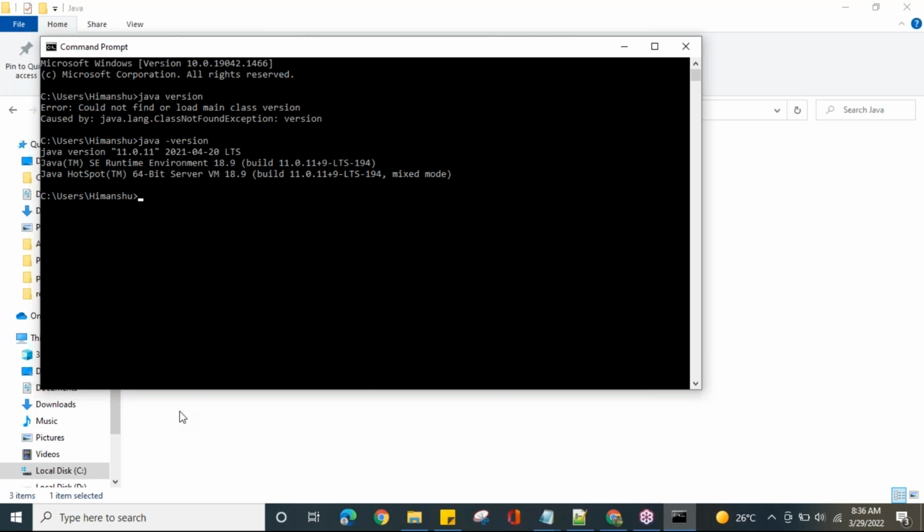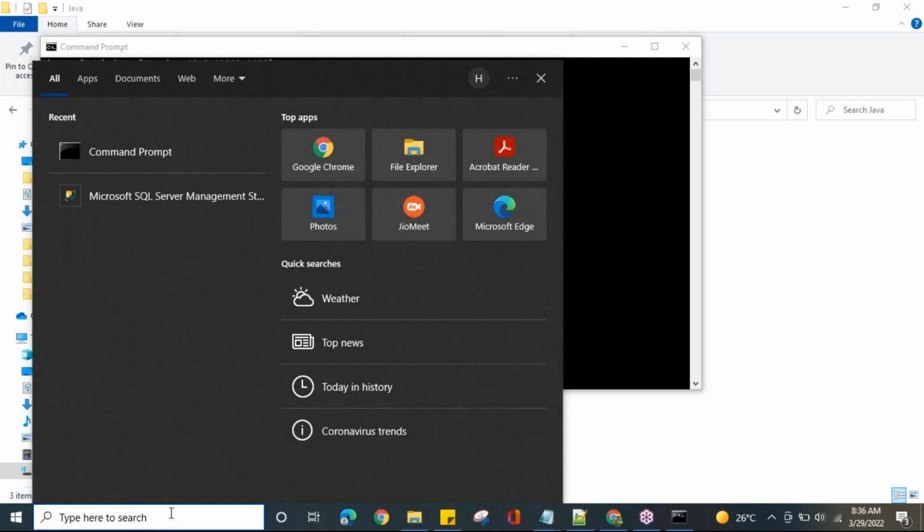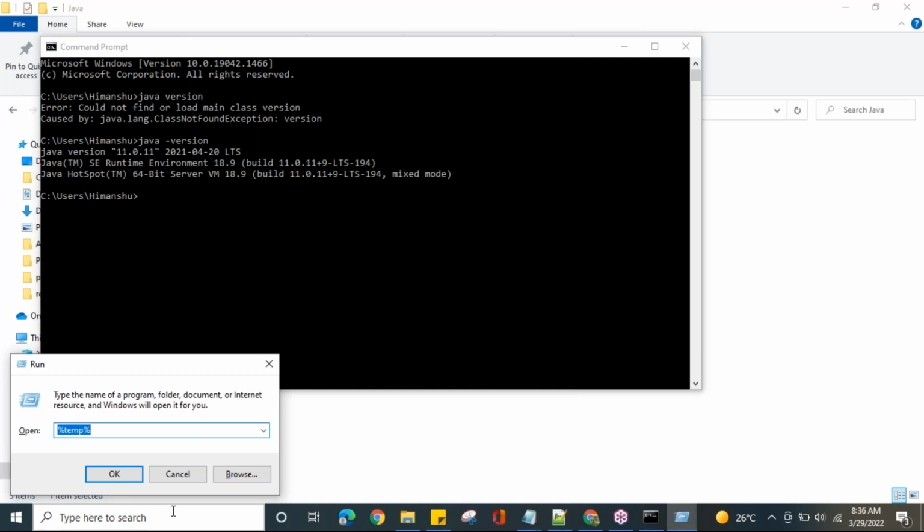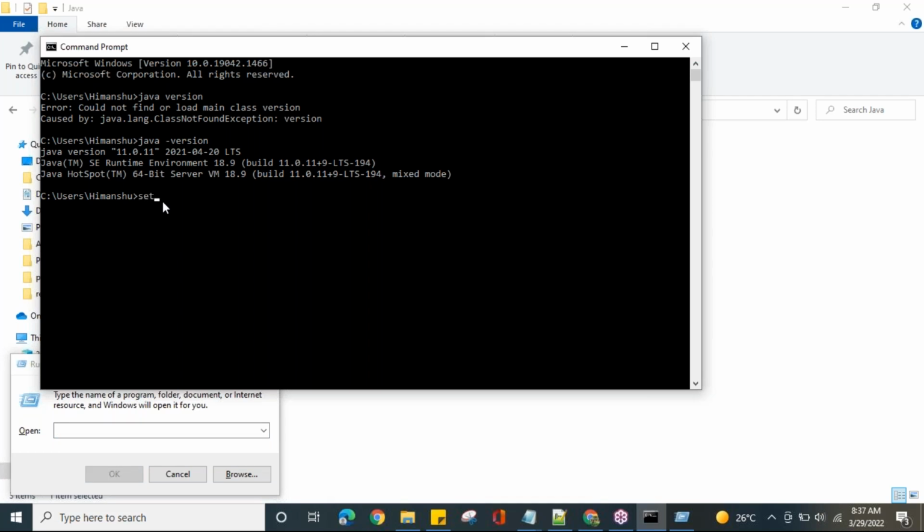How do you set it? Anyone know that? In the environment variables. Actually, we want to set the path by copying the bin folder path into this command. What is the command? Do you know that? Set path. Set in the command prompt. Set path equals